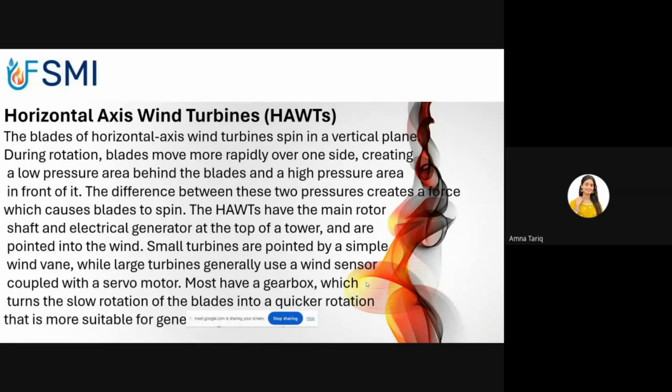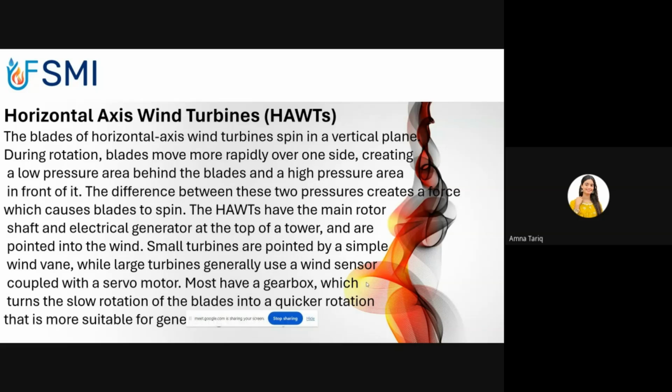The blades of horizontal axis wind turbines spin in a vertical plane during rotation. Blades move rapidly over one side, creating a low pressure area behind the blades and a high pressure area in front of them. Due to the wind, the difference between these two pressures creates a force which causes the blades to spin. The horizontal axis wind turbine has a main rotor shaft